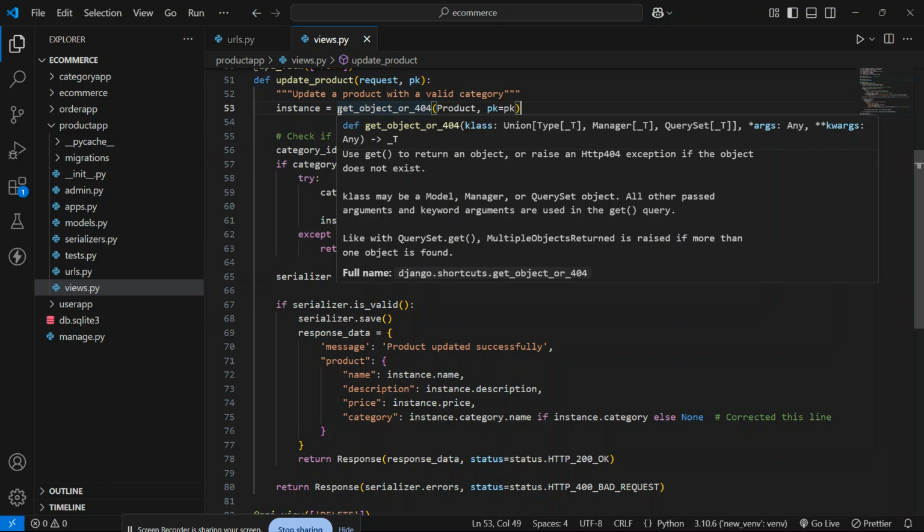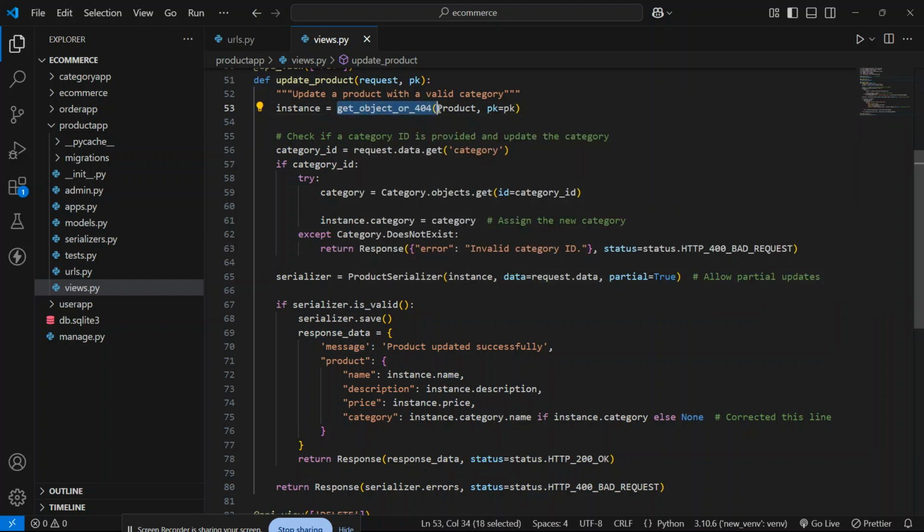It will simply take all the values from the product table, and the model we have to declare here. This is the model. And the get object or 404 will fetch all the data from our database and store it inside this instance variable.